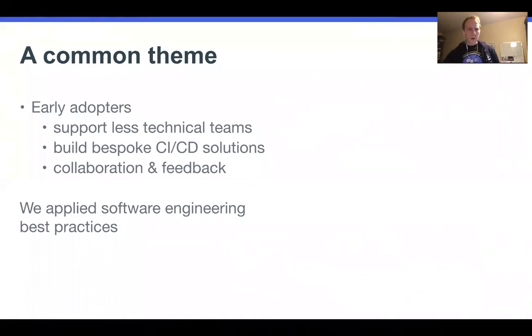Early adopters were supporting less technical teams who maybe weren't as deep into the container world. And they actually started building their own CI/CD systems to try and solve some of this problem. But actually, you know, when you move away from the source, you don't always get to the best solution. And really, we thought, could we reduce some of this friction here for those teams? What they wanted was more collaboration and more feedback out of their OpenFaaS.